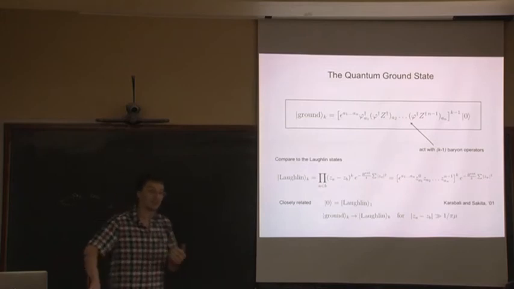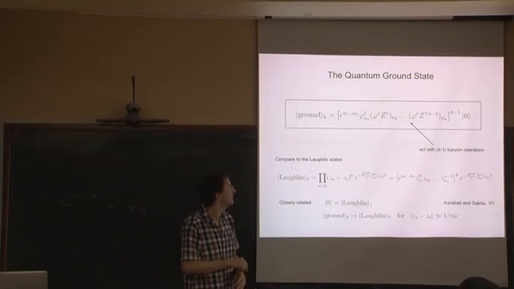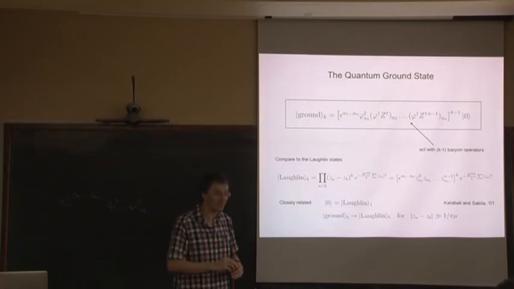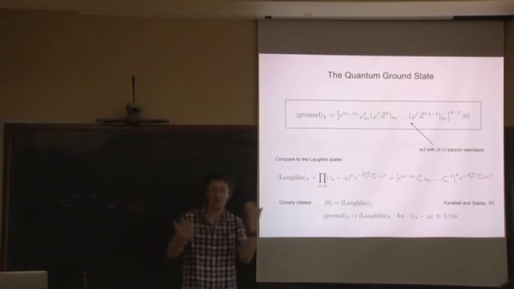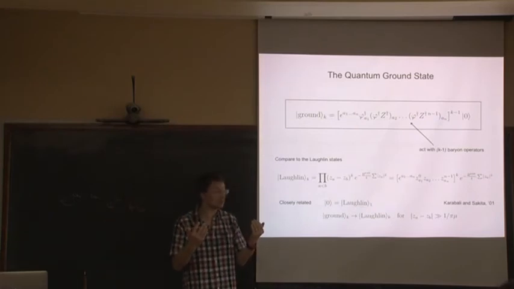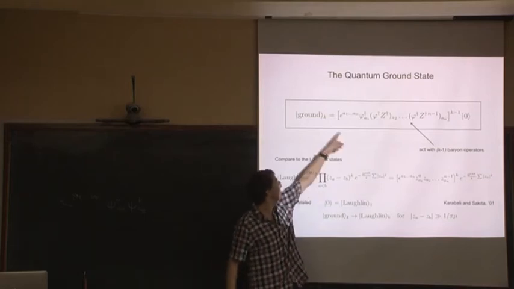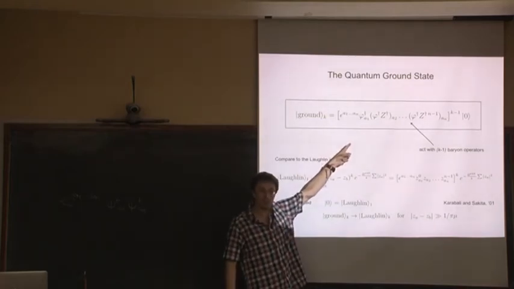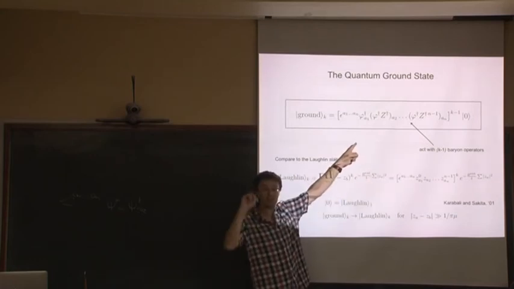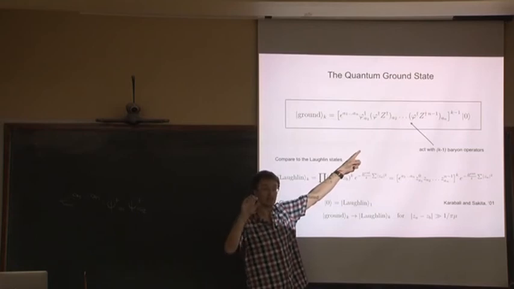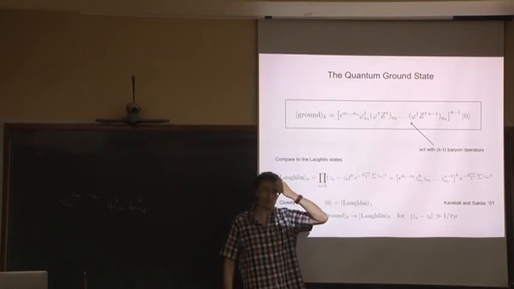Except it's not identical. Sorry, but even just at the level of an analogy, what role are the phi's playing for? Nothing at all. They just disappear. So it's not identical, but you can see the same kind of structure appearing. One reason it's not identical is that the z's here mean something very different from the z's up here. The z's here are coordinates of the electrons. The z's here are like creation operators for electrons. They're not numbers, like here. They're operators which are acting on a vacuum.